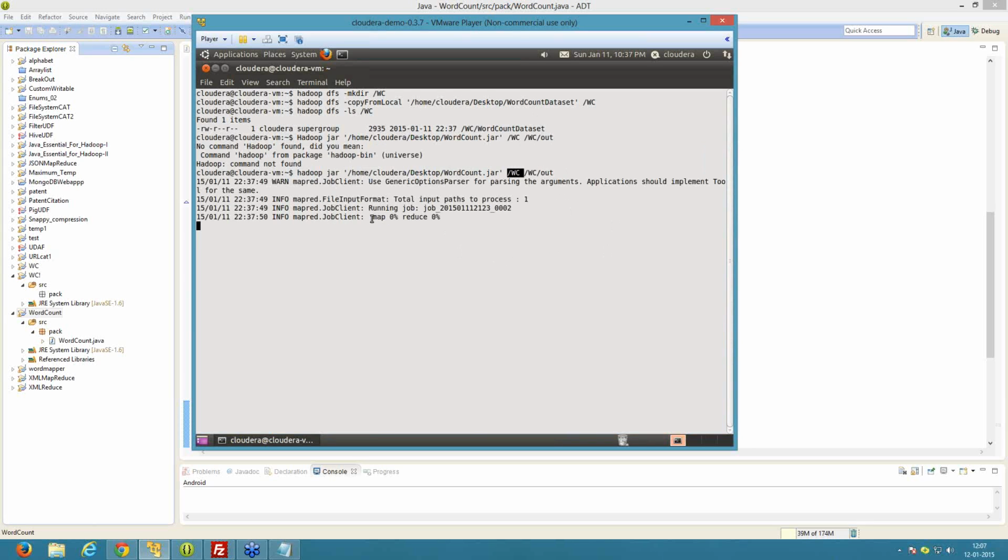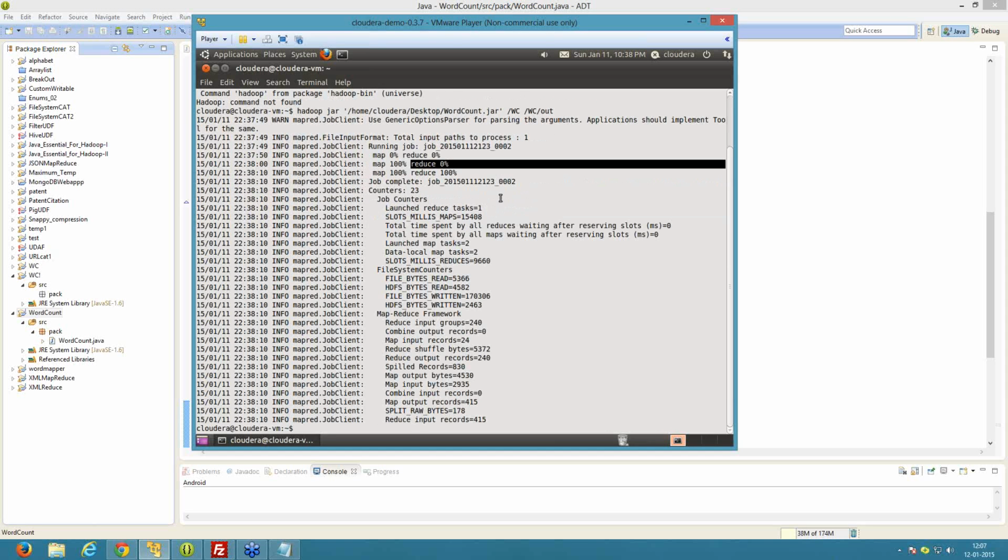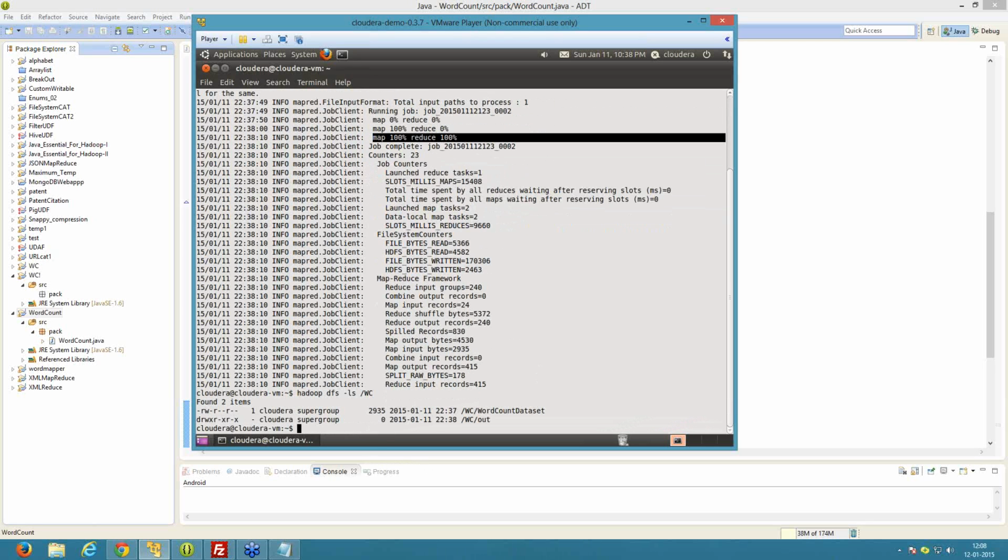Here you can see map has 0% completed, reduce 0%. Now the mapper phase has completed and then the reducer phase will be executed. Okay, both phases have completed, map 100%, reduce 100%. So we need to check our output directory, hadoop dfs -ls wc.